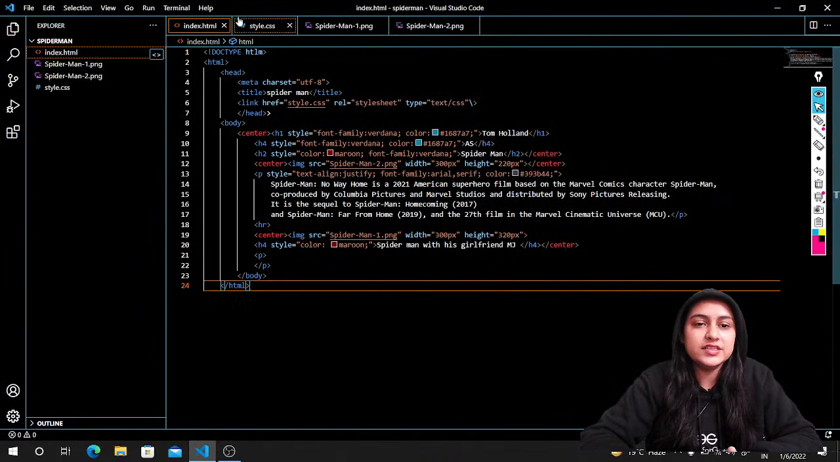If you will see this, this is my HTML code. Here I have attached the